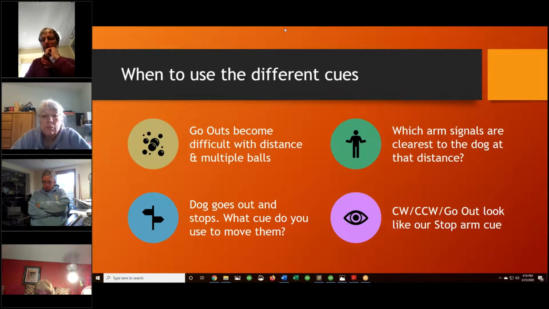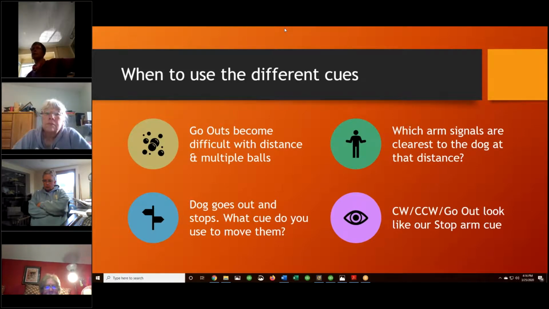I'm one of those people who, when I want my dog to stop, throws up the stop hand. In particular, if I'm using a walk on and I want them to stop at a particular ball. But when I look at the videos, it isn't so much my counterclockwise or my